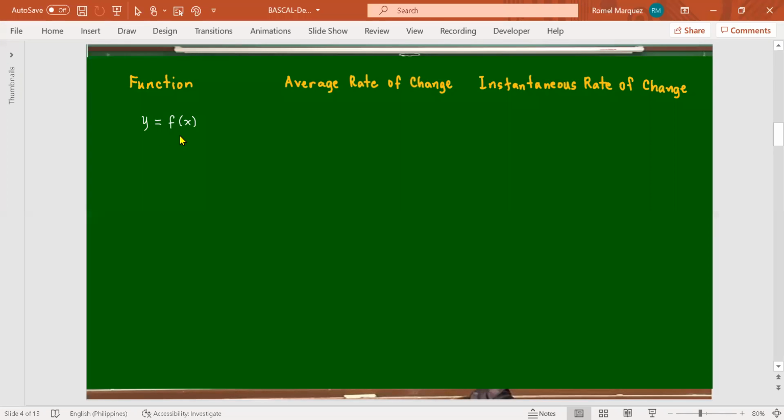So, kapag meron tayong x and y, ano ang average rate of change? Ang average rate of change na tinatawag nating slope is equal to what? Slope ng secant, no? And this is equal to f of x plus delta x minus f of x all over